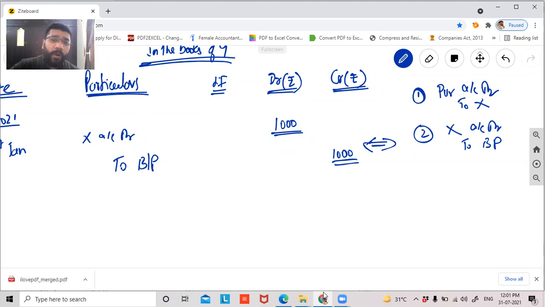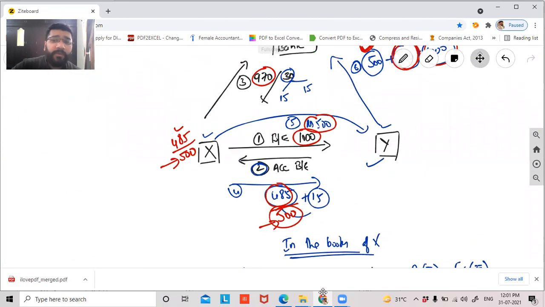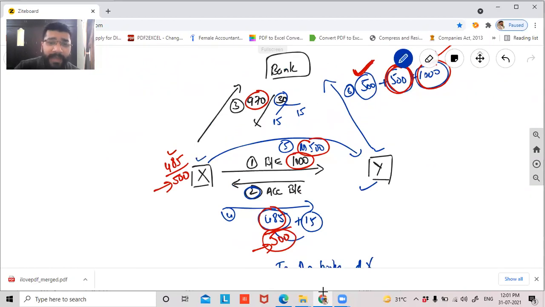Yes, sir. Now what happens? If I go in the sequence of the question, guys, after Y's acceptance of the bill, X is going and discounting this with the bank. So should the third entry be recorded in Y's book? Should we record the third entry of discounting? No, this will be recorded by X because the discounting activity is a transaction happening between X and the bank. So Y has got nothing to do. So the third transaction will not be recorded. First will not be recorded. Second we recorded.